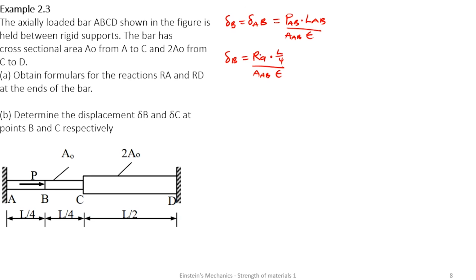But looking at this, the R in terms of P, we got RA to be 2 on 3 P multiplying L on 4 over. We can replace the area as just A naught E. So playing with this, we are going to get the elongation at B, which is what is happening in AB, as PL on 6 A naught E. So this is the displacement